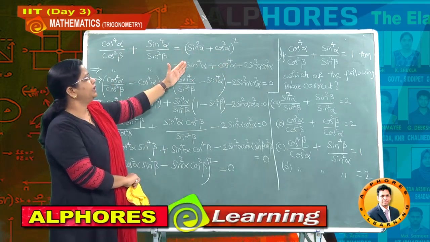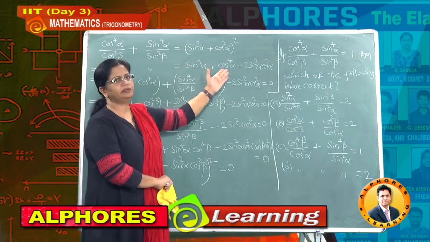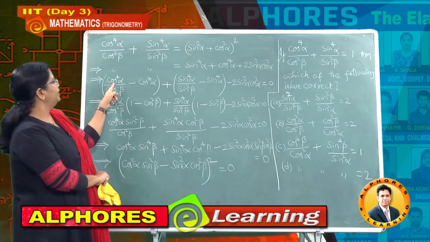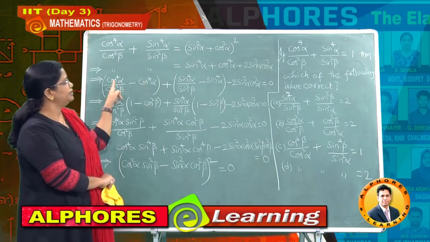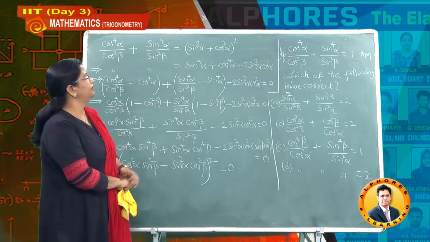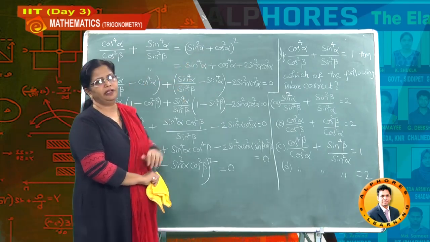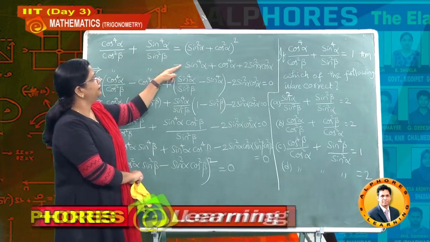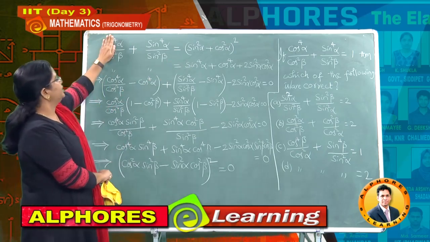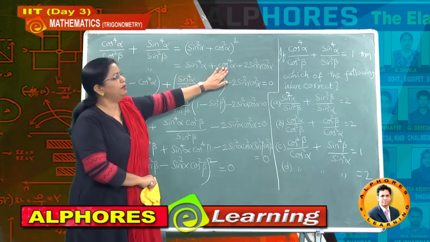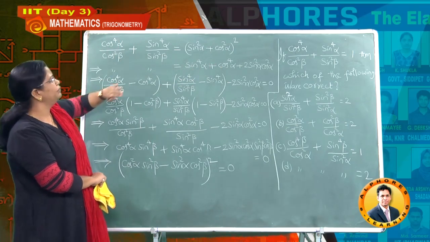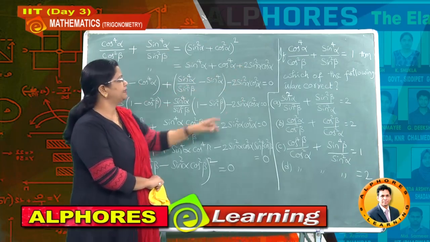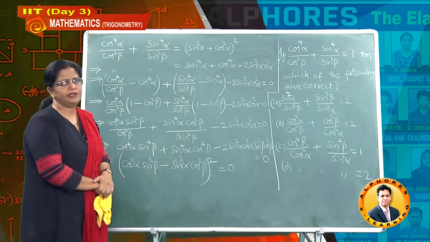Hence the procedure: I expand the (a plus b) whole square formula, and if I take these terms to this side, you can take the values as common directly. That is the purpose of taking alpha value as 1, not in terms of beta. And after that I expanded. This is the cos term, so let us write cos power 4 alpha near the cos term and sin values near the sin terms, and take this value also to this side, so the RHS will become 0.